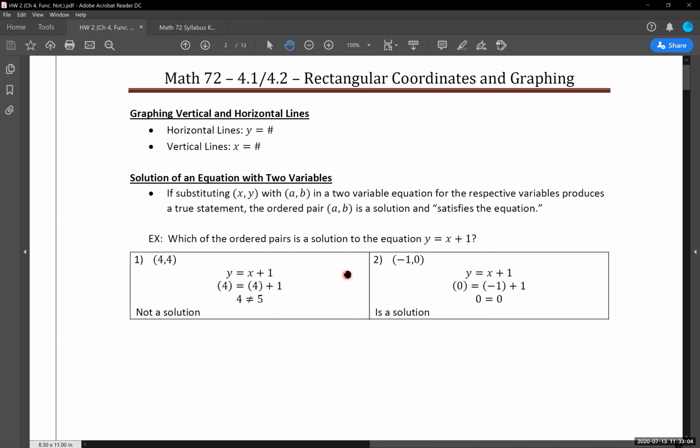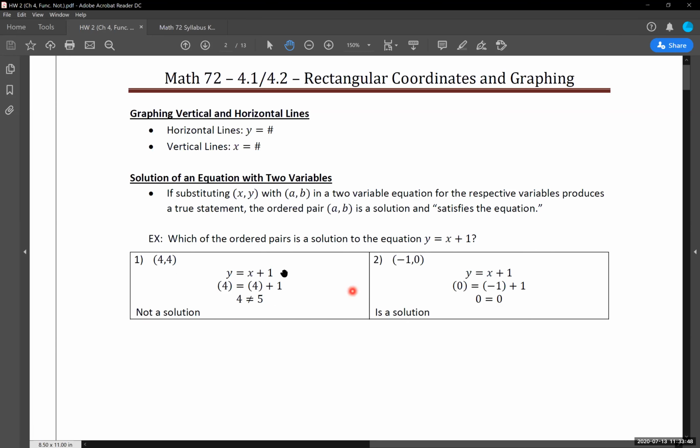Okay. So again, if you were asked to determine if the ordered pair is a solution to the equation, if the ordered pair satisfies the equation, this is the process we're doing. We're plugging in that value for x, plugging that value in for y, simplifying each side of the equation accordingly, and then comparing what we get on both sides. If they are the same, that ordered pair is a solution, or it does satisfy the equation. If they are different from one another, it is not a solution, or you can say it does not satisfy the equation. Two ways of saying the exact same thing, either one works.